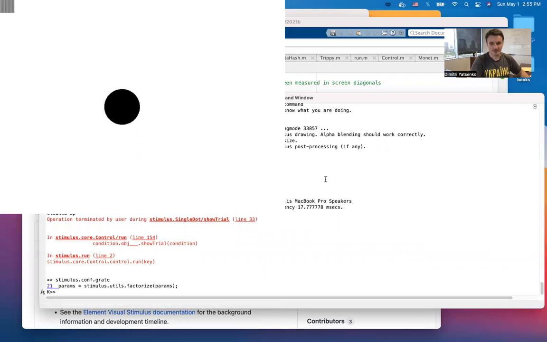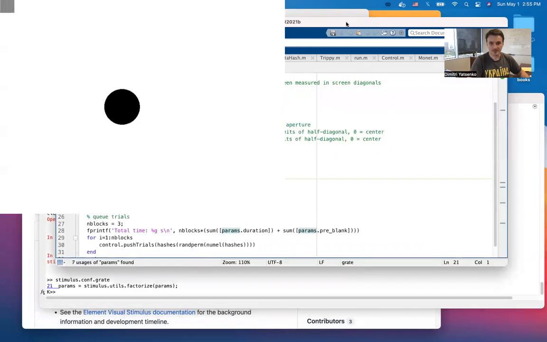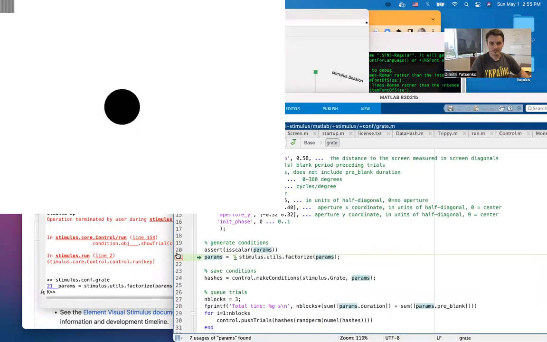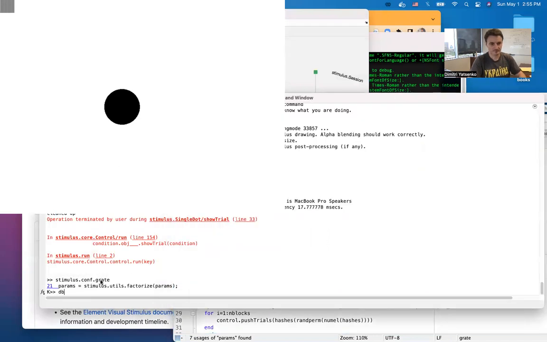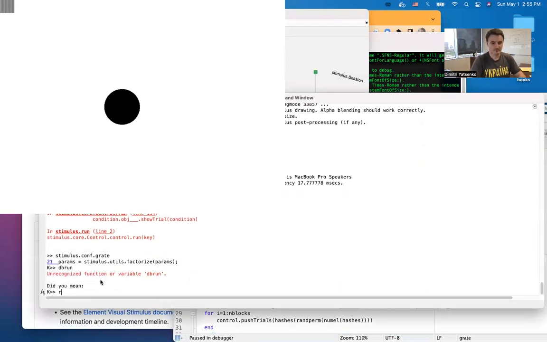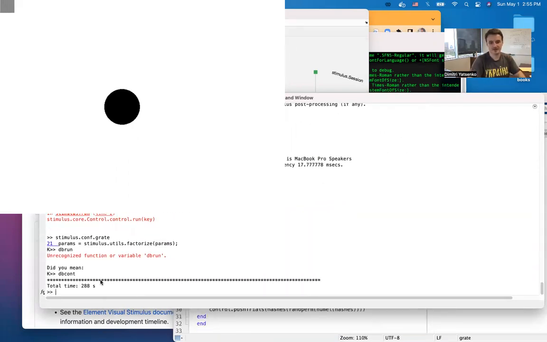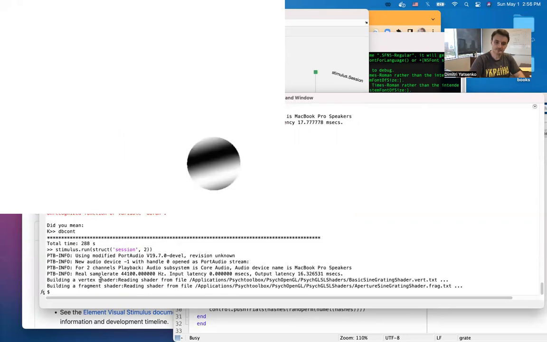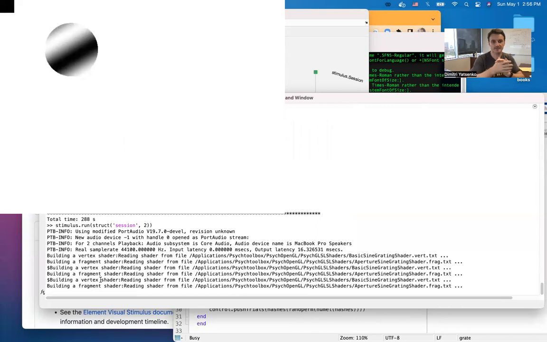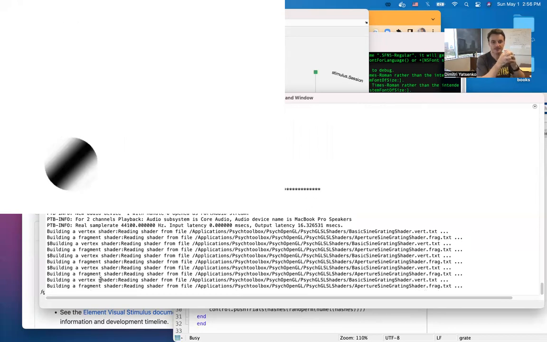So there, we need to skip it. To be continued. So this again configures the grading stimulus again. The configuration there cleared the